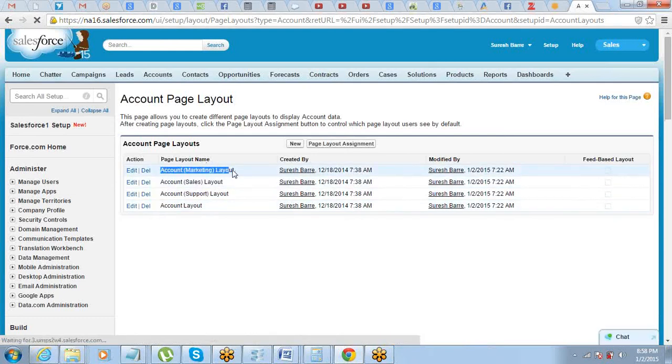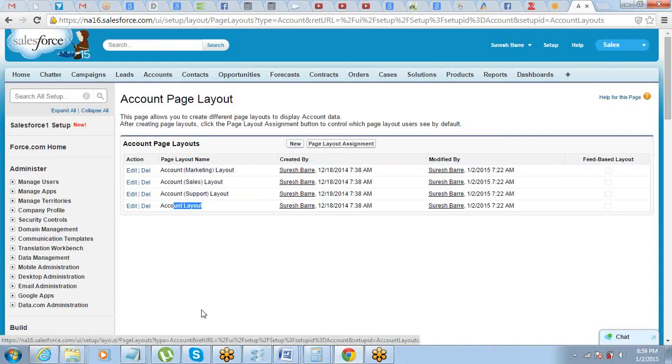So what do we see here? Marketing layout, sales layout, support layout, only account layout. You can create more. If you have more requirement, you can create more page layouts as well. Clear? Everyone is fine with that? I hope so. Right, so multiple page layouts are meant for different profiles. Alright.